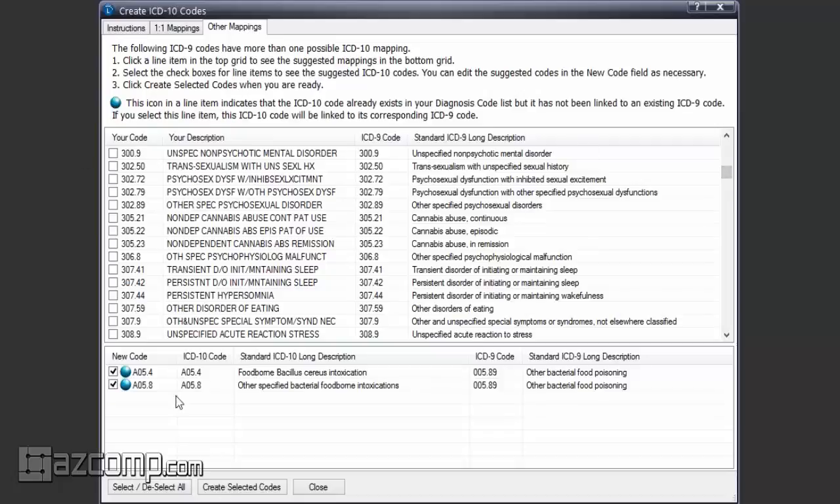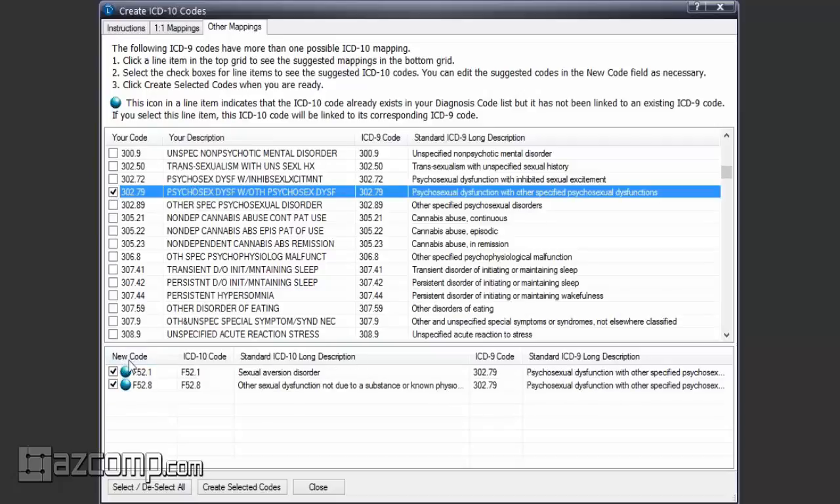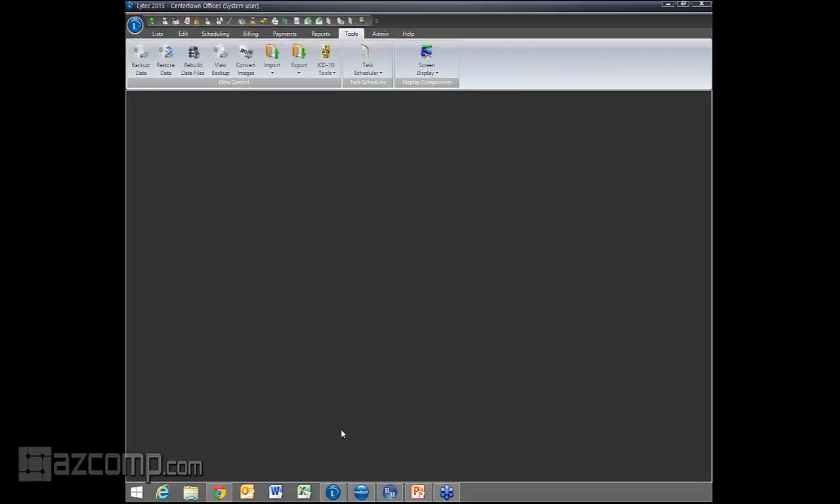So it works in a similar way. You're just going to check off the ones that you want, and then you're going to create the selected codes, and that will add new codes to your diagnosis library for you. All right. So that's the second way. I do want to pause for a moment. I know I've just started talking about the unspecified codes and things like that, and I know there's a lot of